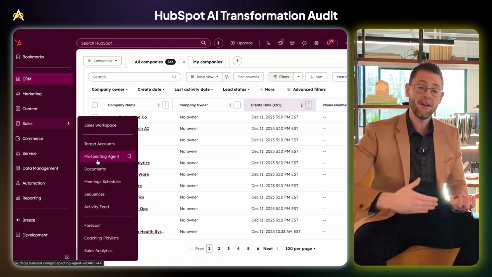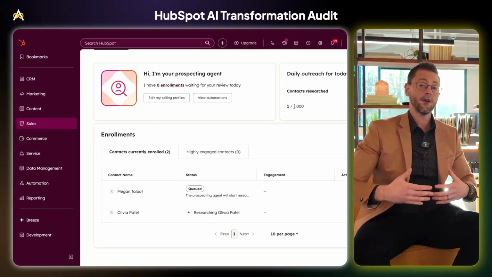This all came about because we wanted it for ourselves and we wanted to understand how we do this ourselves. Everything we're working on here is coming from our own learnings within HubSpot and working with all of HubSpot's internal teams. We have access to everyone inside HubSpot to understand how best to build this. We're leading the charge when it comes to AI transformation and helping all of you make sure that you are set up to take advantage of the tools as they come out and get the most out of your HubSpot instance.